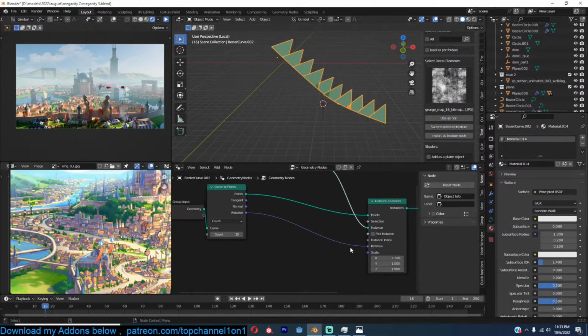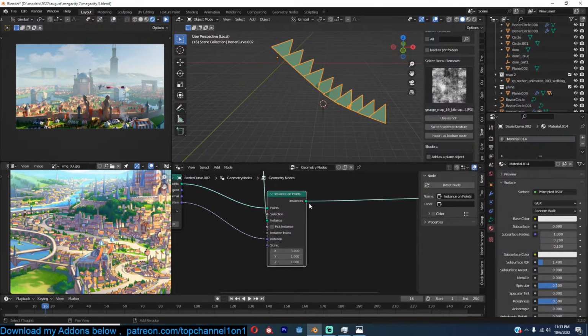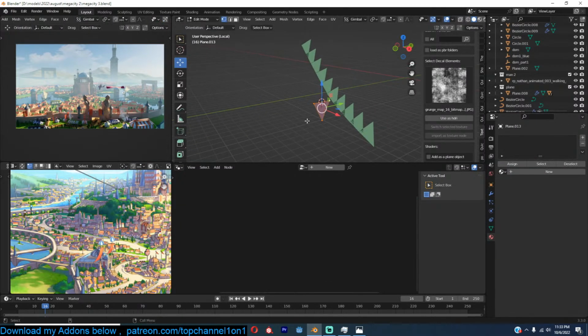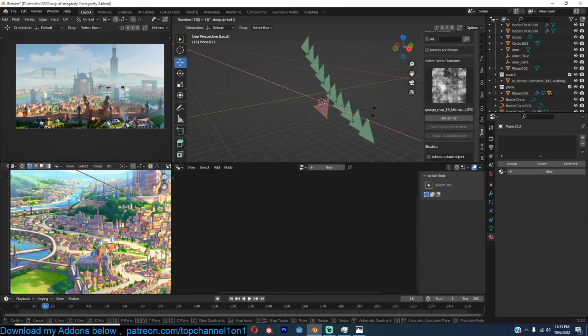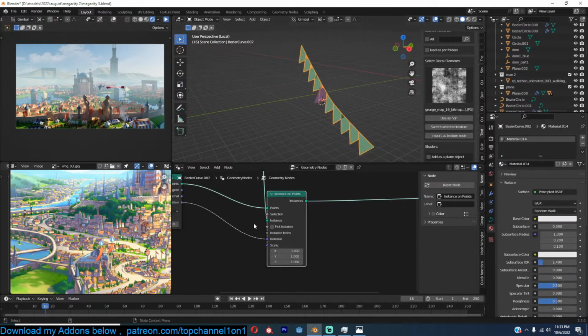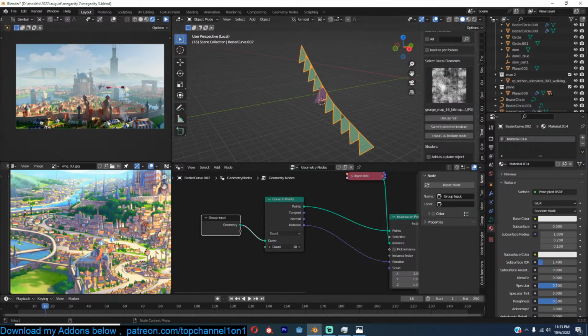Yeah, something like this, and we need to rotate. Actually, I can just rotate this 180 degrees. Yeah, like that. These flags here,